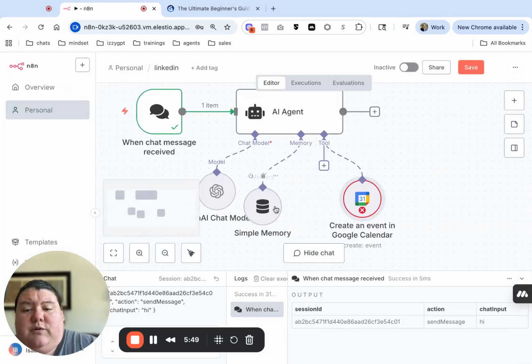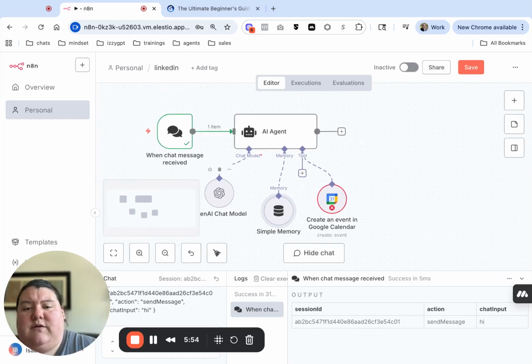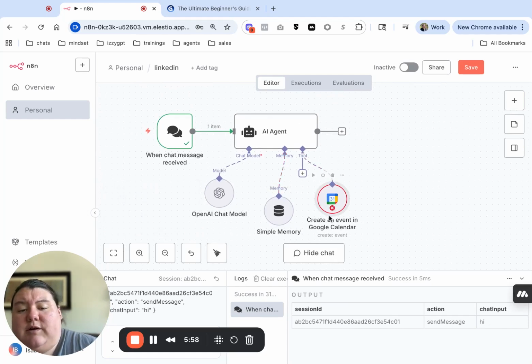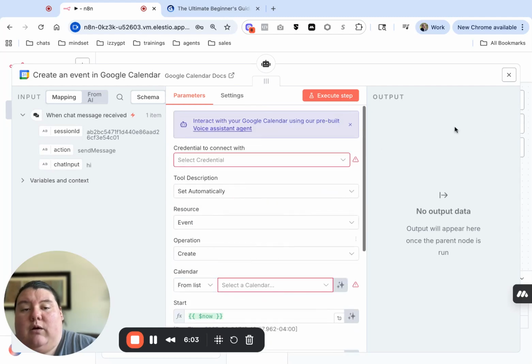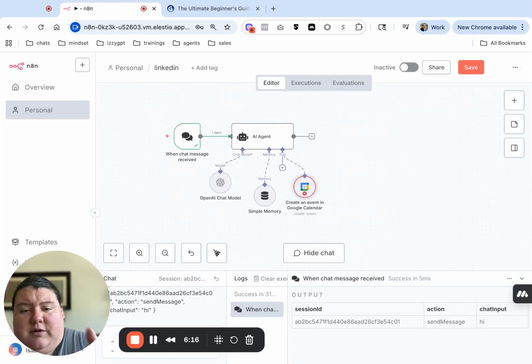So what this is doing is it's pretty much saying, I don't have a prompt or I don't have anything. This is not set up. This is just to kind of give you a really quick, brief overview. So here, of course, you would have to set up your actual Google Calendar integration, and then you would actually have to figure out what it is that you want to do and what to happen. So anyways, this is just like a really quick high-level overview,